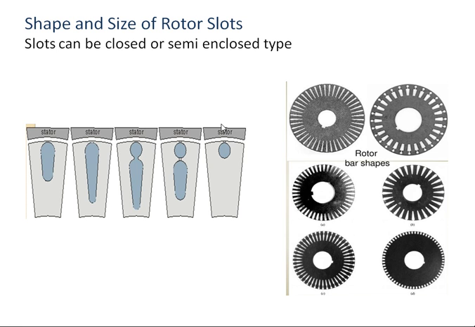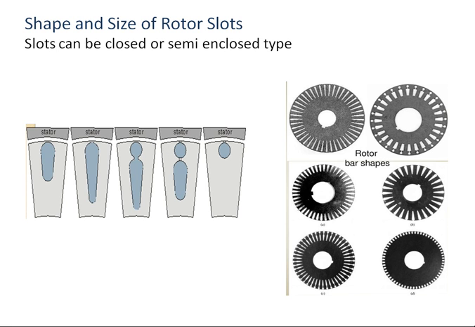So once we have calculated the value of area for the rotor bars, then we can select the size and shape of the rotor slot. So size can be selected by assuming a suitable value of the insulation requirement, and from there we can get the area of the slot. Whereas as far as the shape is concerned,